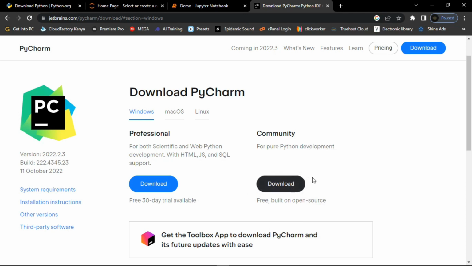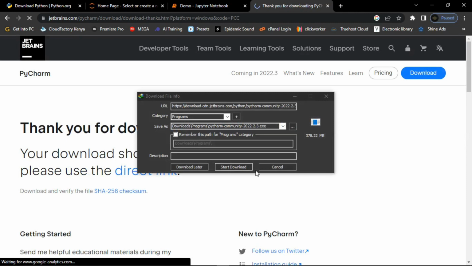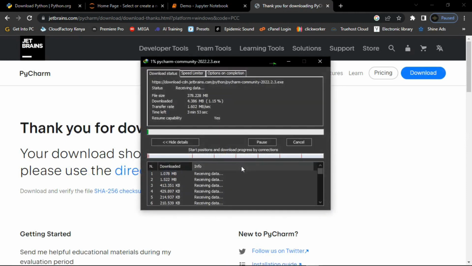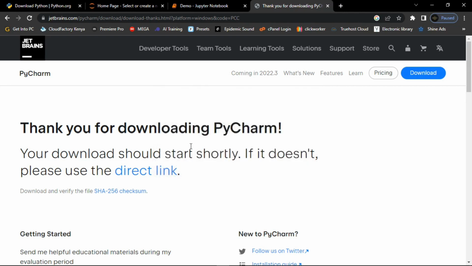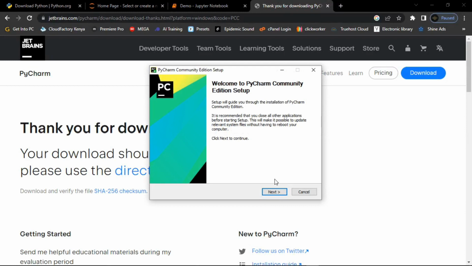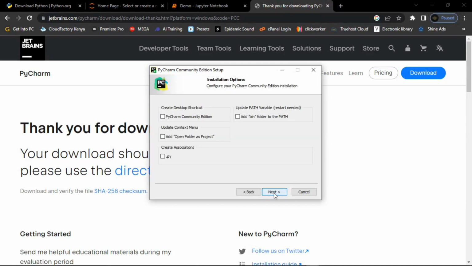So guys, basically for this free version, let me just click on download. Just download it on your end as well, and then guys, give it time to download. And so guys, once the download is finished, I click on open, and then I click on yes when the pop-up window opens. Then I click on next, then I click next again, and then ensure that these